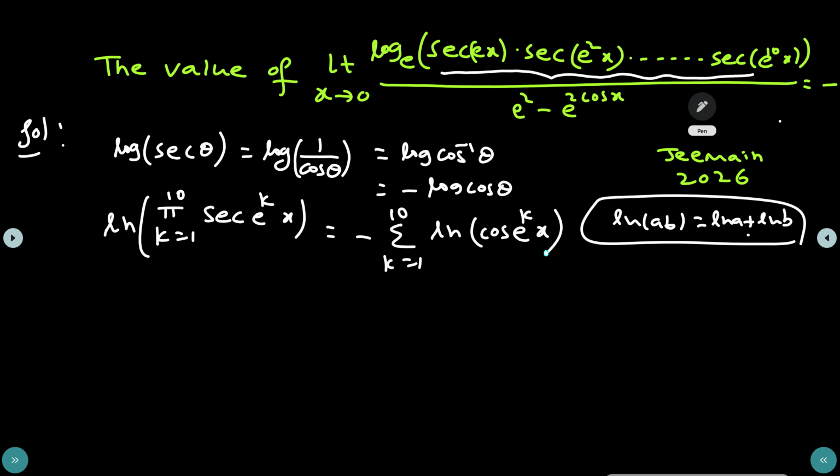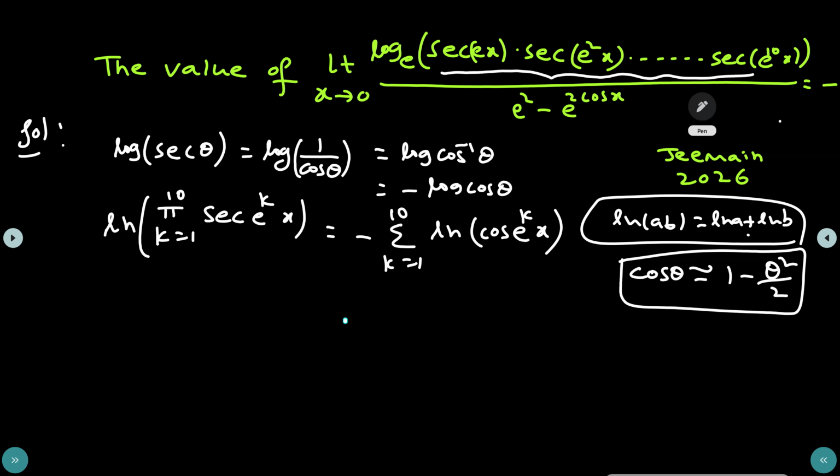Okay, cos of e power k into x, that is the term. Now here, by using a Taylor expansion, we can conclude that cos theta is approximately equal to 1 minus theta squared by 2. So here this cos e power kx is equal to 1 minus, so within the term you can write